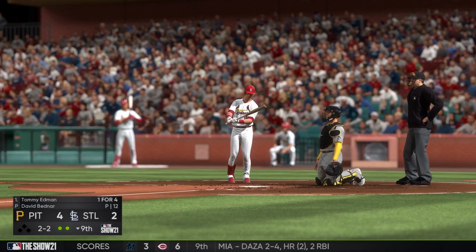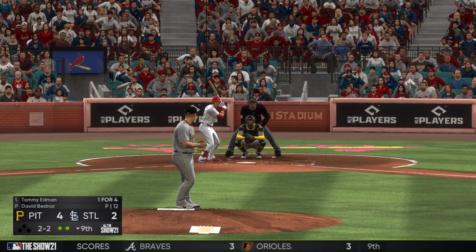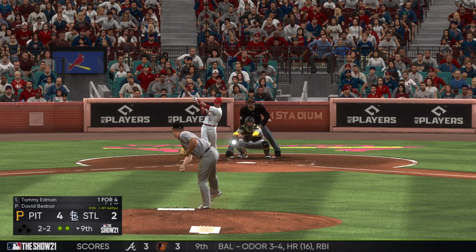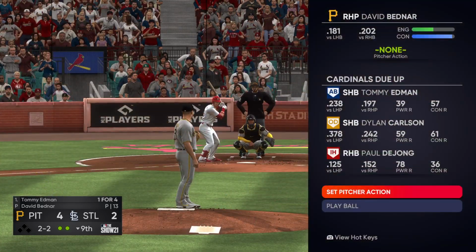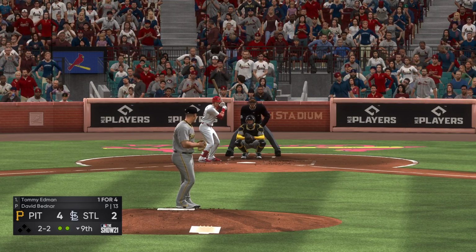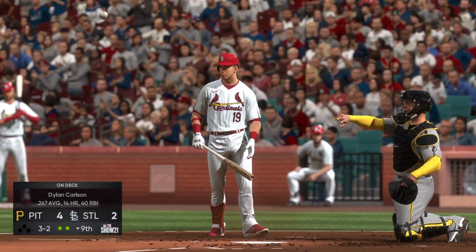It's 2-2 now. Man, this guy's a grinder. Fouls off good pitches and doesn't seem to swing at the ones just off the corner. This guy's a pitcher's nightmare. Here now the 2-2. And good patience to hold back on the curveball in the dirt. It's full now,